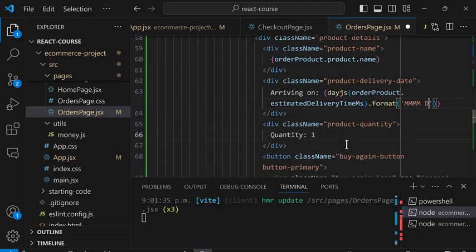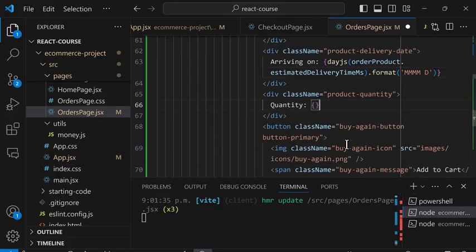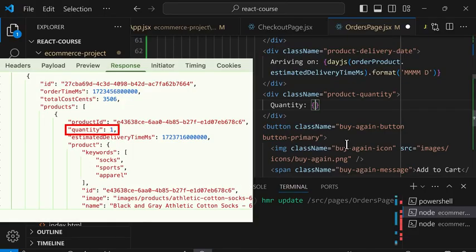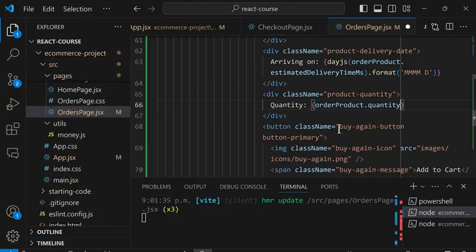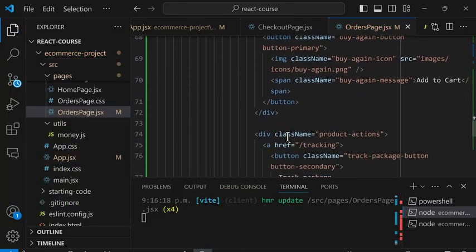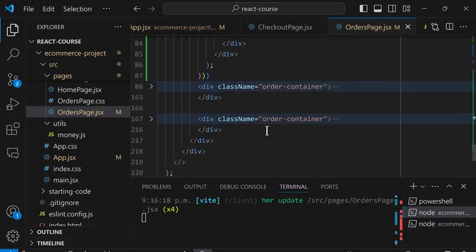And then down here for the quantity, we're going to insert, and the quantity is directly on the order product.quantity and save. And now if we scroll down, we can also remove the rest of this default HTML